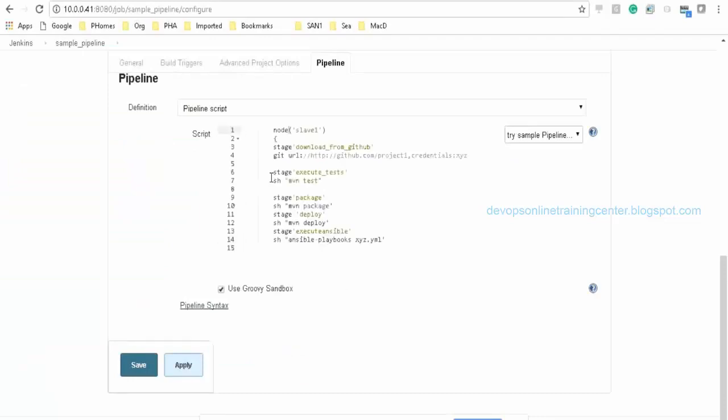So this is my node. I don't have any slaves right now, so I'll just leave this so that it gets executed on the master. And I'll just have a dummy code just to show you how a pipeline looks. So what I do is I'll remove everything and just put echo statements. Echo download. Echo test.